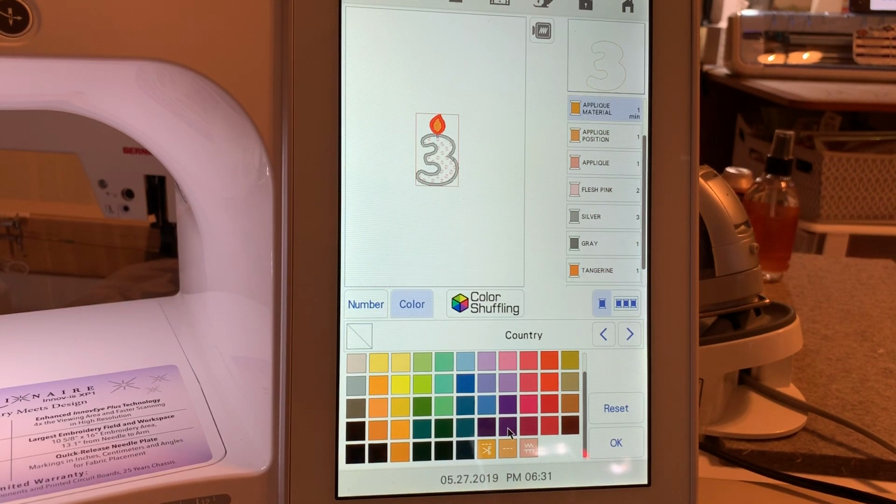Hey everyone, it's Terry. Several people have asked me how they can get the cut line from their Luminaire or their Dream Machine into a Scan N Cut. I do not own the newest Scan N Cut. I own the